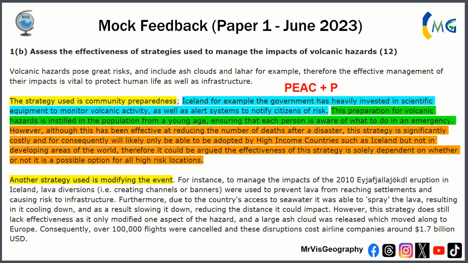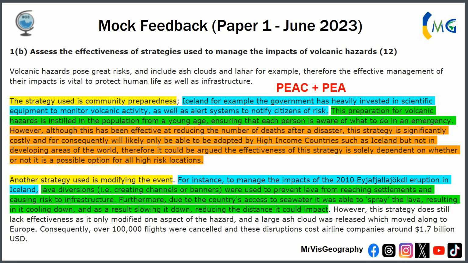And in paragraph 2, it then says another strategy used is modifying the event. The example is, for instance, the 2010 Eyjafjallajökull eruption in Iceland. Lava diversion was used to prevent lava from reaching settlements, causing risk to infrastructure. Furthermore, due to the country's access to seawater, it is able to spray lava, resulting in it cooling down, and as a result slowing it down, reducing the distance it could impact. Good analysis there. However, this strategy still lacks effectiveness, as it only modifies one aspect of the hazard,